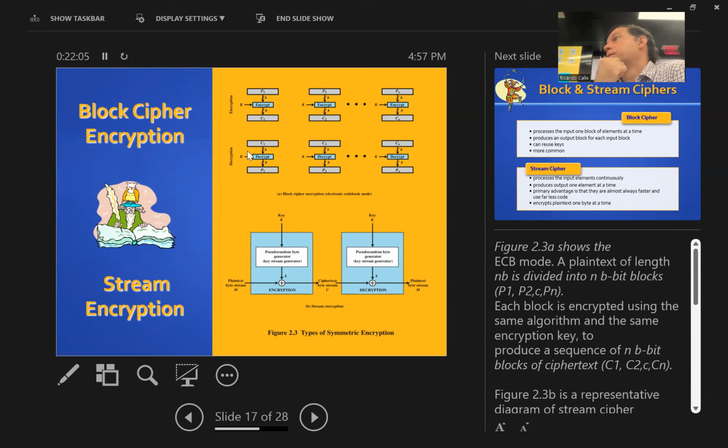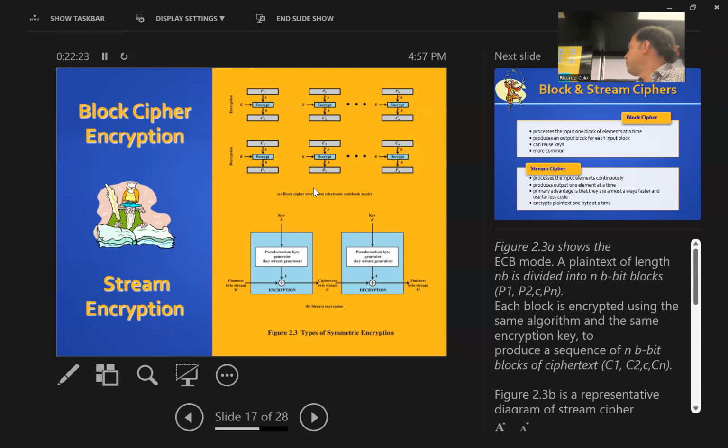Same. That's where we get this problem with ECB, that we can see a pattern. If the original message is the same, the cipher will be the same. So that's the problem with ECB. Other modes of operation, what they do is,